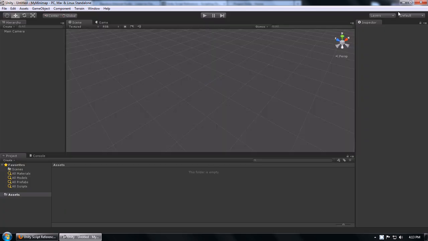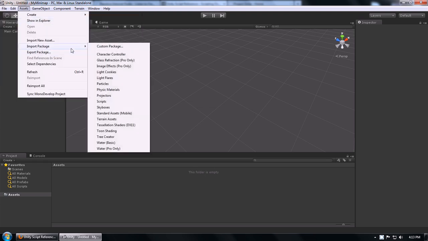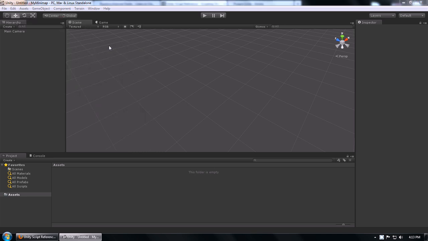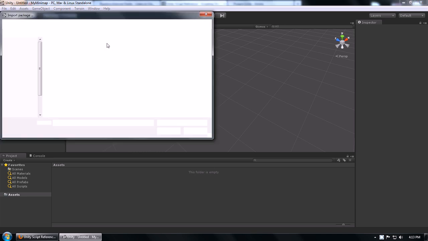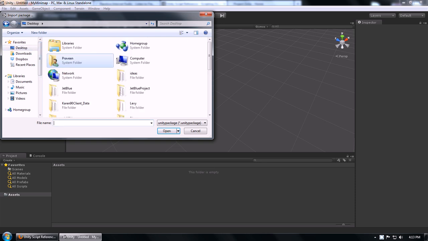Alright, here we are in Unity. So first thing, I would need a terrain. I'm not going to be creating one. I already created one terrain, so I'm going to be importing that asset. I saved it somewhere. Custom package. I'm loading from the desktop. Minimap. That's